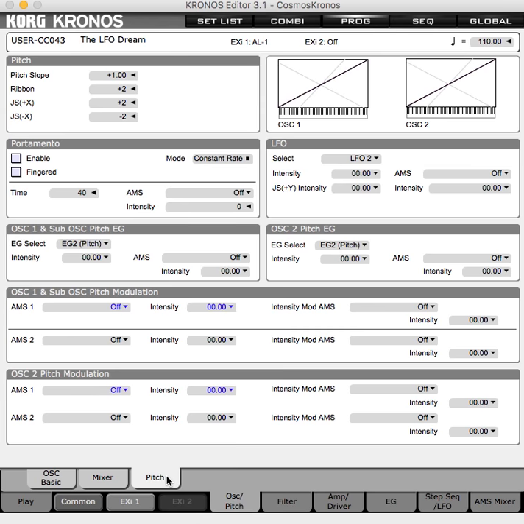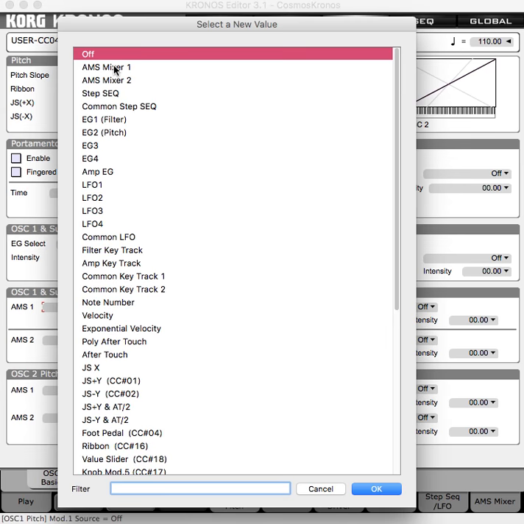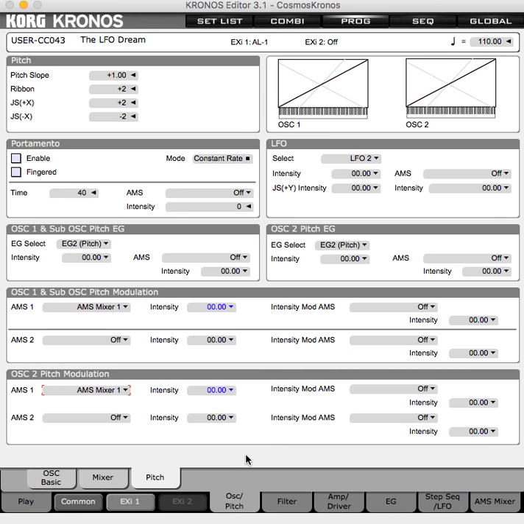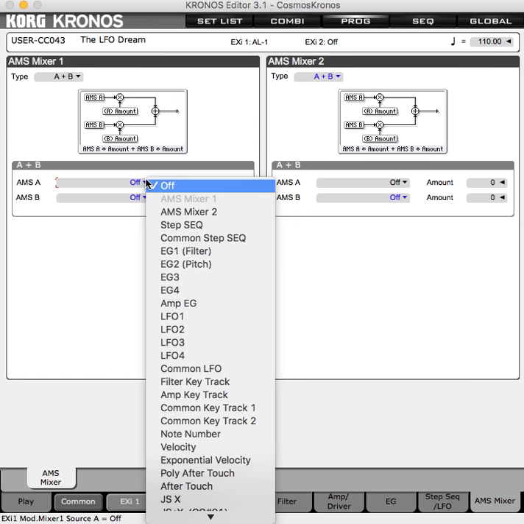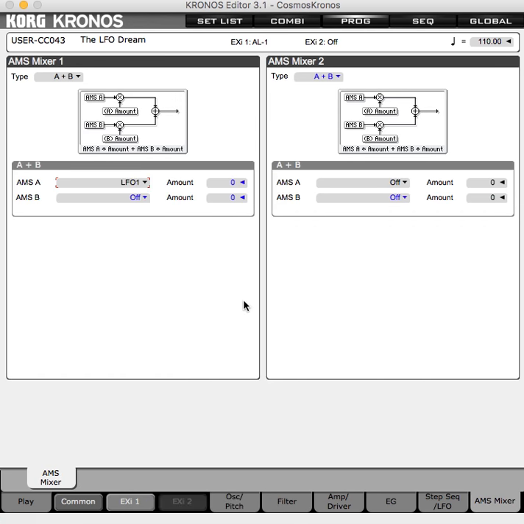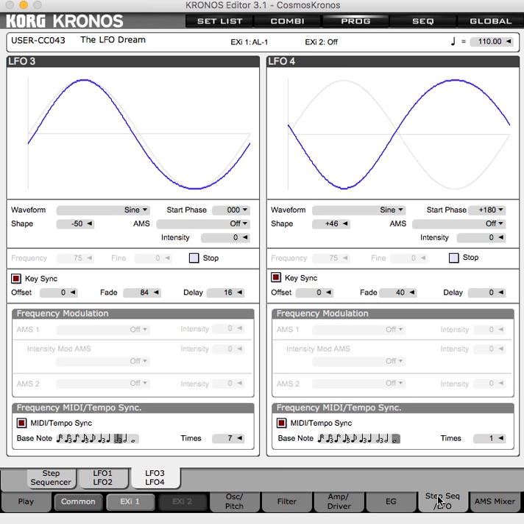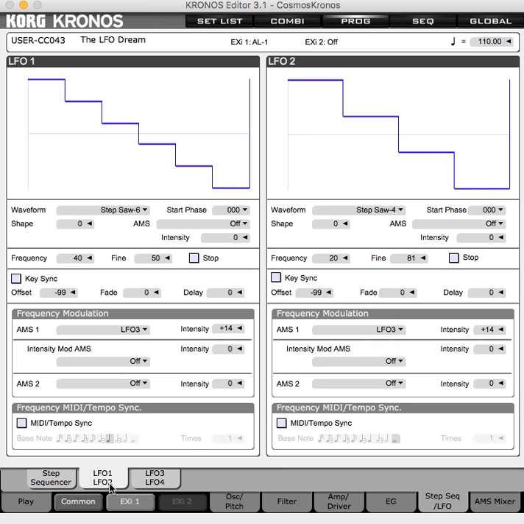So anyway, let's jump into the pitch, and we're going to set AMS source 1 for oscillators 1 and 2. And before I start going to the intensity, let's go into AMS mixer 1, set LFO 1. And before I go into amount, let's go to the LFO itself. So LFO 1, I'm using a stepped waveform. And you could have it MIDI synced to quarter notes, but instead of doing that, I'm going to set it manually. But just to hear what the effect of this LFO is going to be doing,